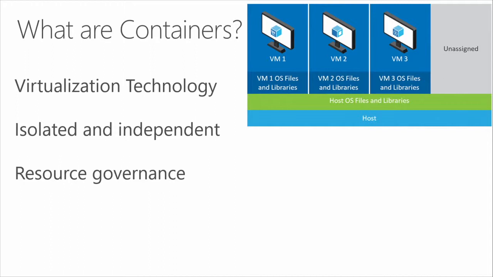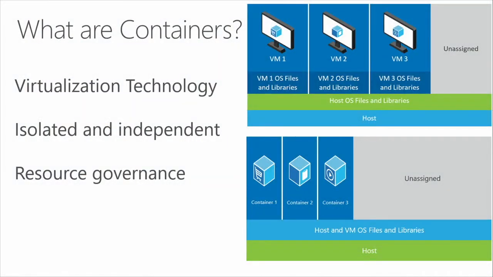Well, if you look at this picture of what virtual machines have offered in the past, virtual machines have offered this ability to replicate in a virtualized way an isolated instance that has the VM OS, the files, and the libraries all tied to that virtual machine, with the host OS and libraries of that host shared across those multiple virtual machines. Well, containers are somewhat similar in the way that they approach this problem, but they actually can share the VM OS as well. And so they offer this isolation, this view that they're alone in the world. They have complete control when really they don't. They are sharing that virtual machine OS underneath and offer a lot higher level of density and a lot faster